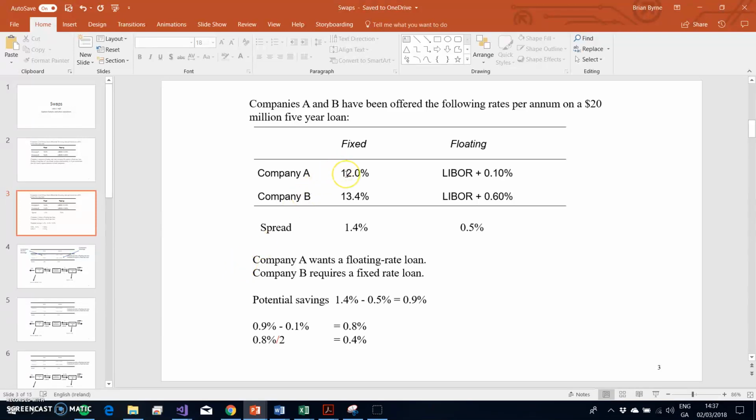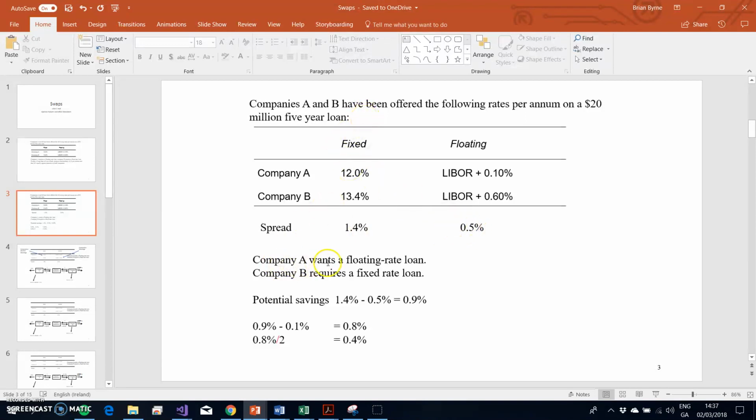Okay, so this is the second video in the series on swaps. You can see here that B seems to pay way over the odds relative to A for fixed rate quotes, but when it approaches banks, it only pays 0.5% relative over what A is charged on the floating side, and that then looks like some kind of market inefficiency.